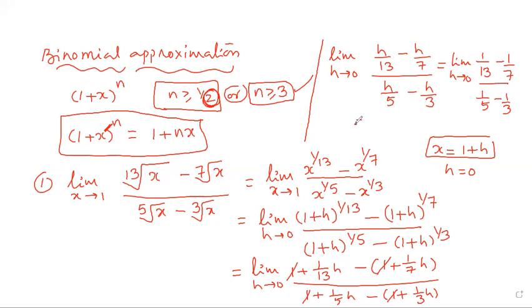Now take LCM. So 7 minus 13 by 13 into 7, and the reverse for the denominator, 3 minus 5 by 15. Simplify. 7 minus 13 is minus 6 by 13 into 7, into 15 by minus 2. You can simplify, you get the answer. That is the answer. Very simple problems, any problem we can do. Now we do the next problem.